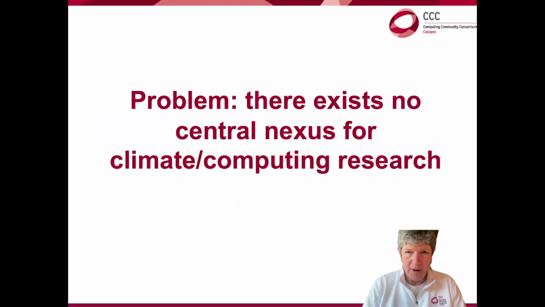So there are tons of important problems to tackle here, but currently there is no single central nexus, point of contact, clearinghouse, place to go if you want to learn about or contribute to research at the intersection of computing and climate change. Computing researchers who are thinking about problems at that intersection or who have skills that could contribute are spread around among disjoint intellectual subcommunities in the computing field. There's the machine learning, there's the programming languages, there's the numerical people. And very few of them have connections to people on the climate side. And a lot of them don't even know that their work could help with the climate crisis.